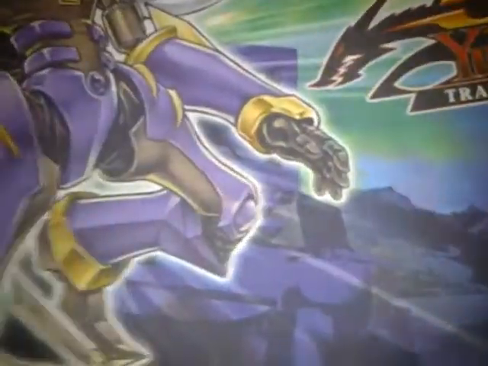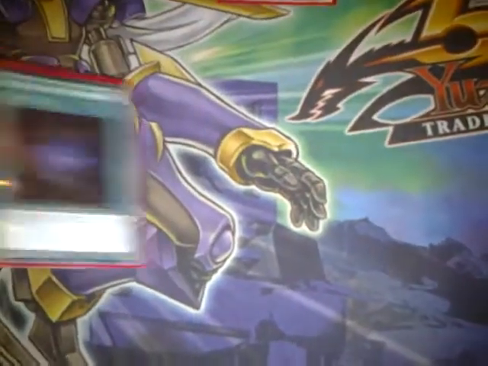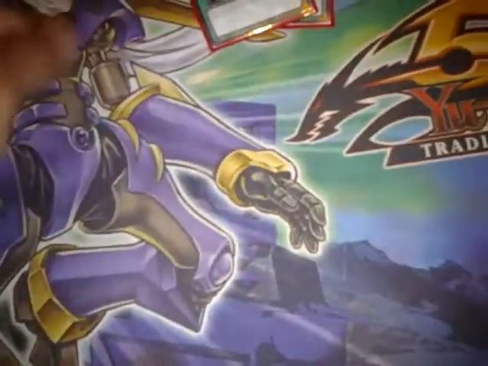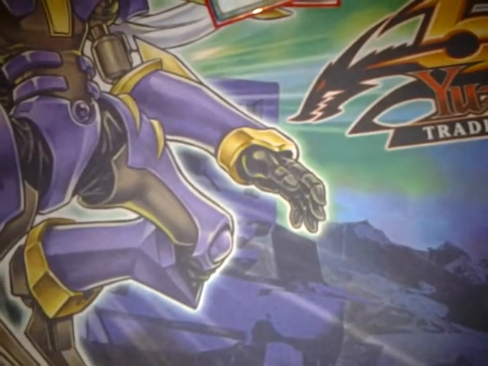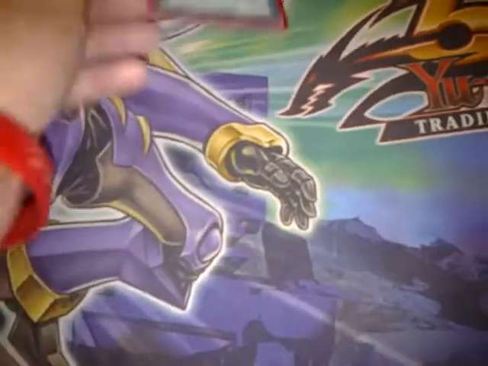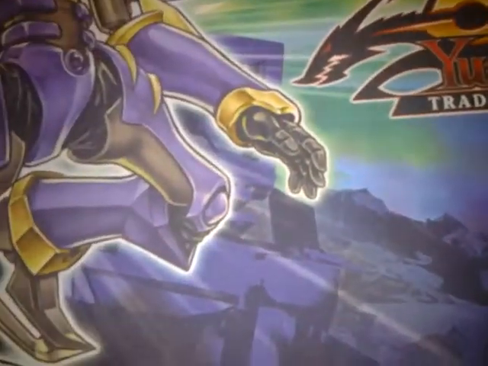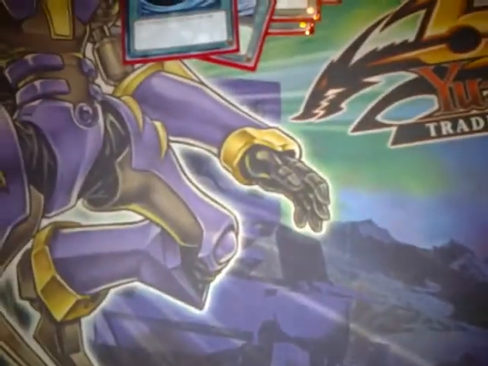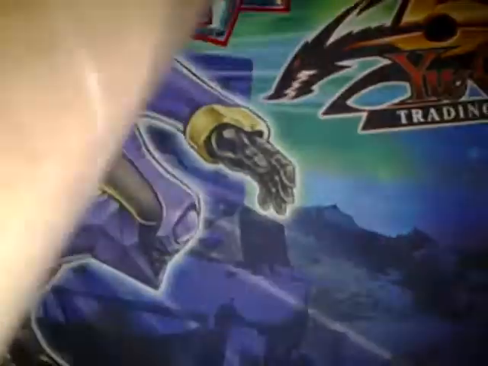So for the spells, we got Reasoning, Allure of Darkness, Card Destruction. Sorry for the background, my friends are playing Dragon Ball Z on the Xbox. Monster Reborn, Dark Hole, Heavy Storm, Double MST, Book of Moon, Enemy Controller, and then for the twist,